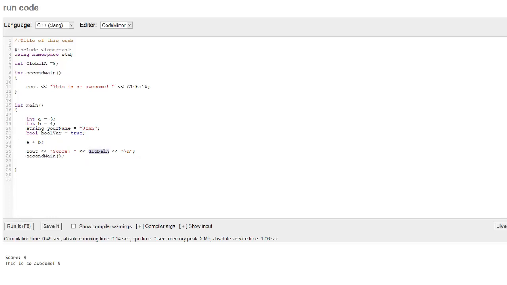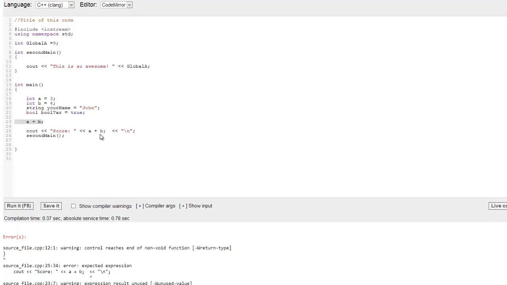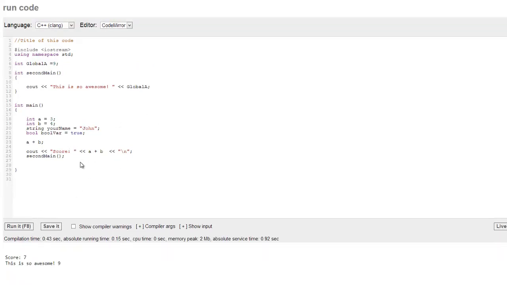And if you really want to, watch this, we go a plus b. Now this one doesn't work in any kind of programming language, but some of them do here. And as you can see here, if you go ahead and put a plus b, the score is now equal to 7, and that's what that equals to. All right, now another thing you can do is you can go